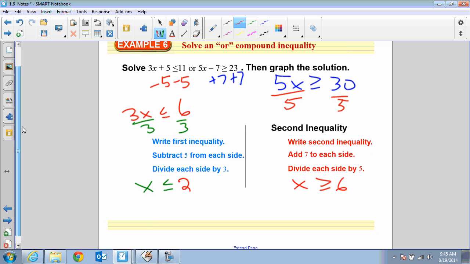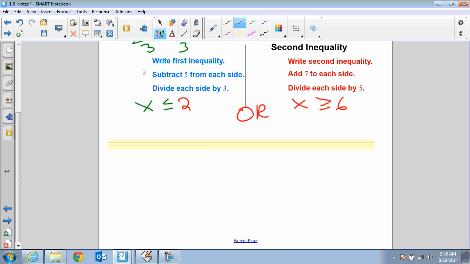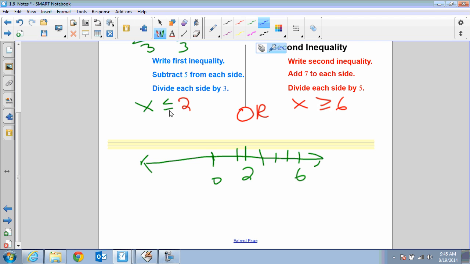Okay. Again, if it's an or statement, just put an or in between them, then they're probably going to split apart. So we graph our number line. We got 0. We got 2. We got 6. Okay. On 2, we have a closed circle, and x is less than, so we're going to